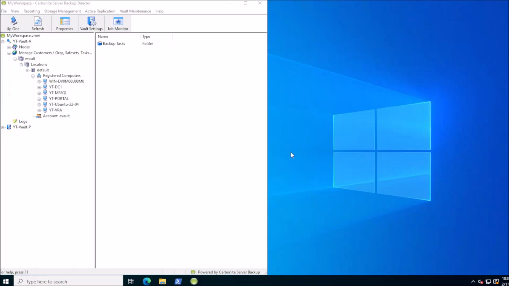All right, today we are going to be working on an agent installation on a Vault with the Director software. This is the OpenText Server Backup, formerly Carbonite Server Backup or Evault software. And while you can install an agent alongside the Director software to do a backup of different components, there are